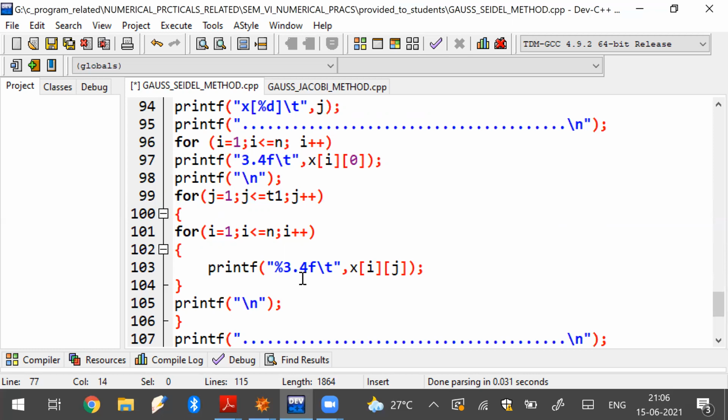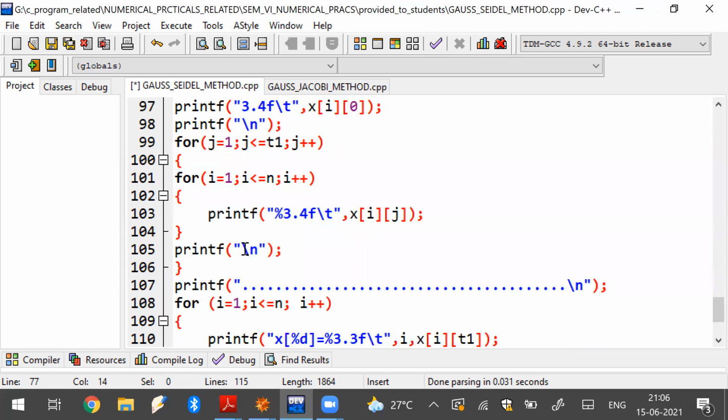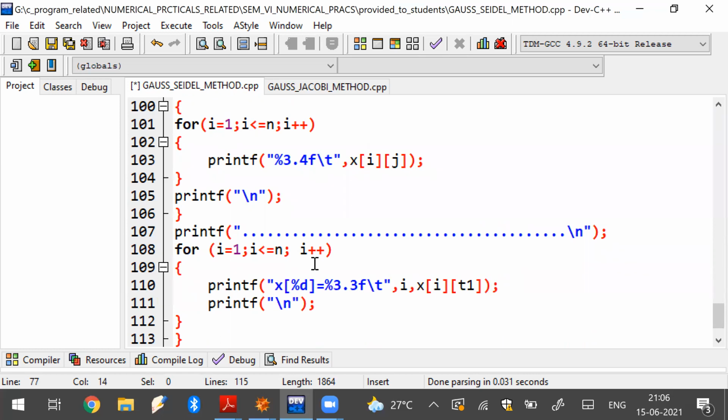As it is asked, I have demanded 3 decimal places. As I said, you have to work with at least 1 decimal place more because it is an iteration table. I repeat, if it is asked for n decimal places, you have to show at least n plus 1 decimal places in the iteration table. The ultimate output is shown in n decimal places because of round-off error. So it is asked for 3 decimal places, so I am showing here up to 4 decimal places. This is for the table format, and ultimately this gives you the table.